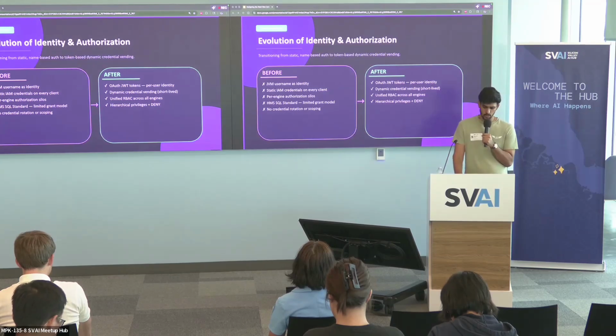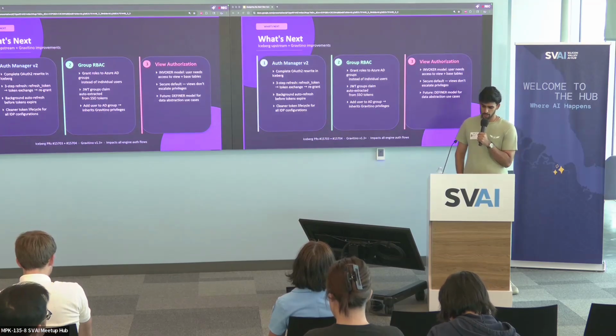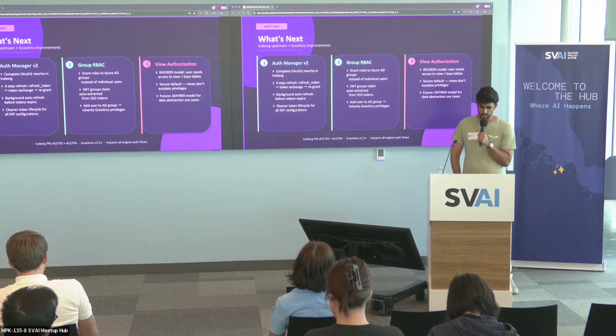And clients no longer hold the permanent cloud credentials, and identity is cryptographically verified. So it's a huge step up for us. So in terms of what's coming next, both upstream in Gravitino and Iceberg, one thing is the Auth Manager rewrite